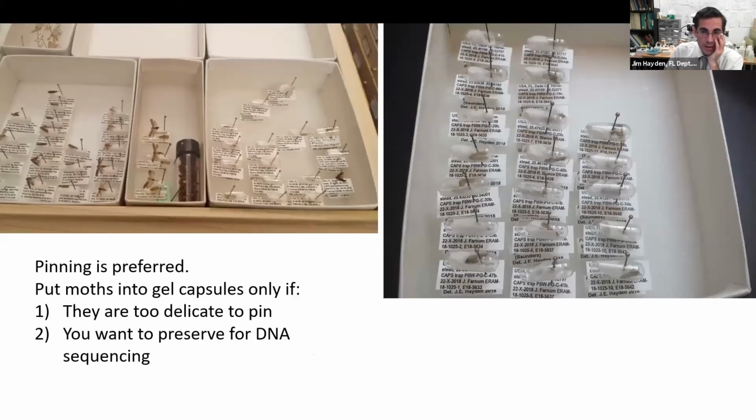For curation, I'm going to back up a little bit. This is how I prefer to dissect and to pin things. Pinning either with a micro block or a double mount like this. You can also put things in gel capsules. I expect that a lot of you will use the gel capsules